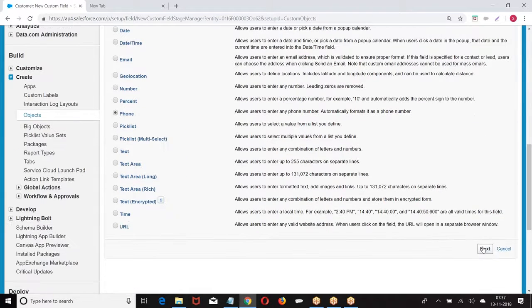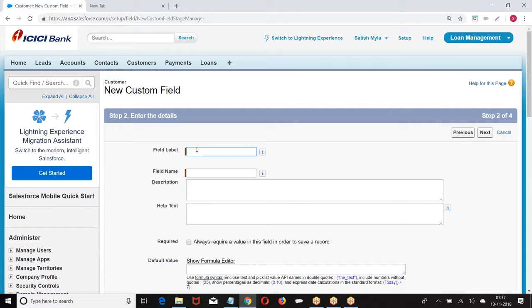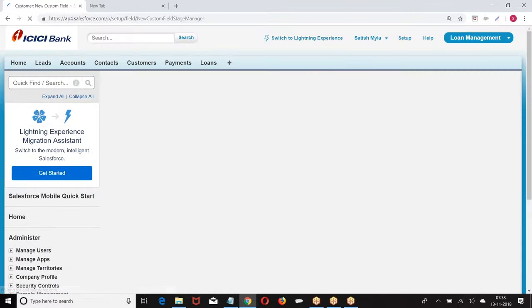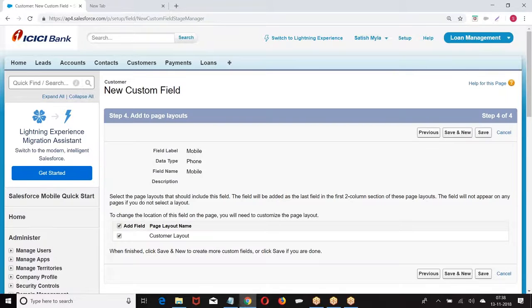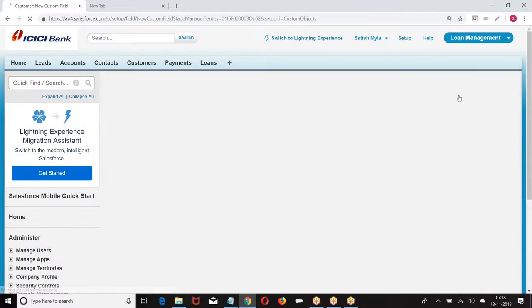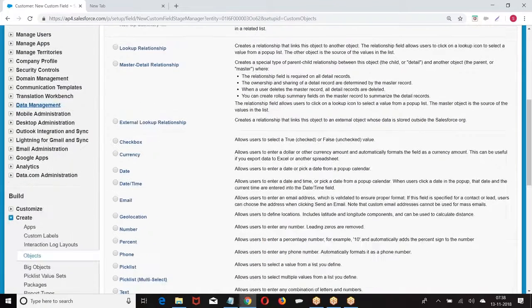Phone, data type phone. We just enter the data type, field data, next, save. Navigation is same. Once you create one field, everything is same. Okay. Next we had